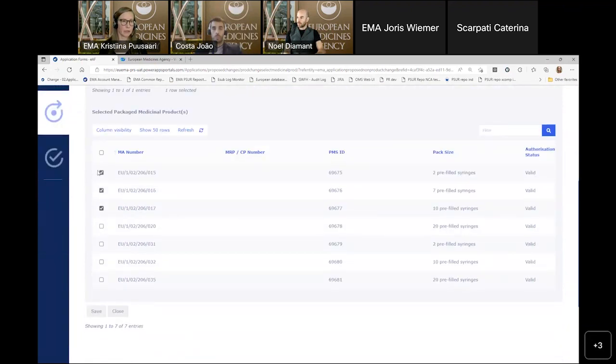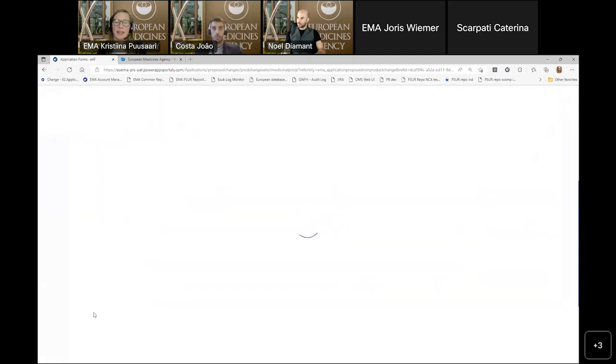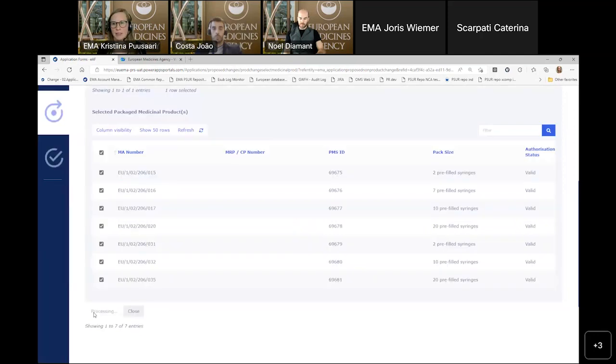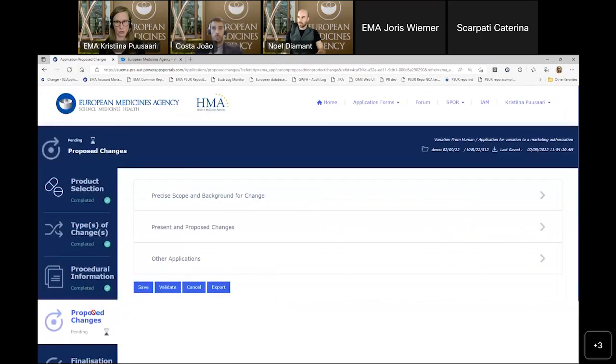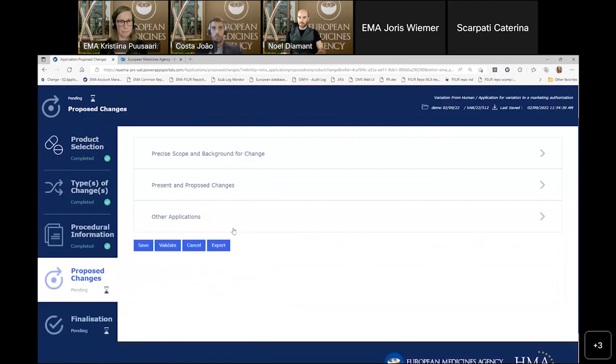There's a minor bug here. Of course, I should be able to select all of them by clicking that top button, but it's not working at the moment. So please bear in mind, this is not the final version. It will be improved, but we really wanted to be able to show you today these features, even though we had to take the difficult decision to postpone the UAT a little bit.